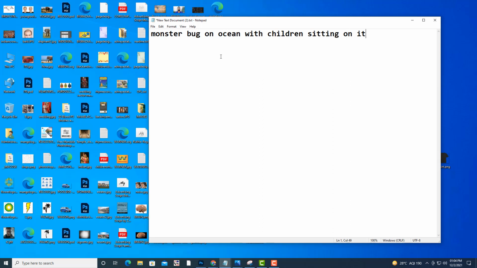Bug means a small insect. You can select an insect also, no need to select bug only. And you have to put children, and the bug will be floating on the surface of the ocean just like that shoe, and you have to place the children. So that is your second assignment.